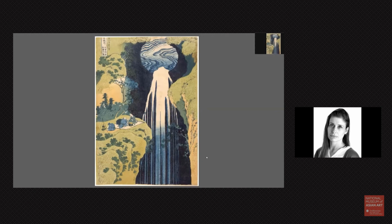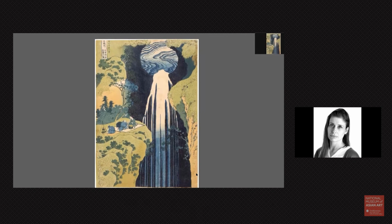And so from this picture, we can imagine a monk seated in meditation underneath this waterfall with this enormous avatar of the Buddha standing above them and surrounding them and serving as a motivation and a visualization of the ultimate goal of their devotions. But I also think that we can appreciate the waterfall and this print just as a